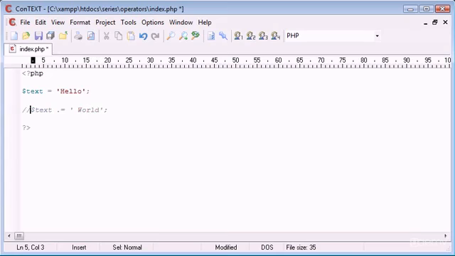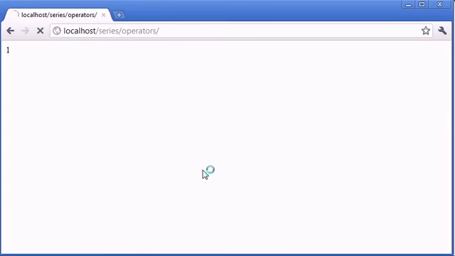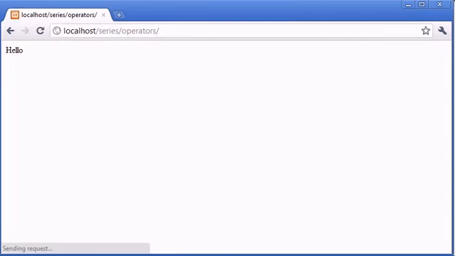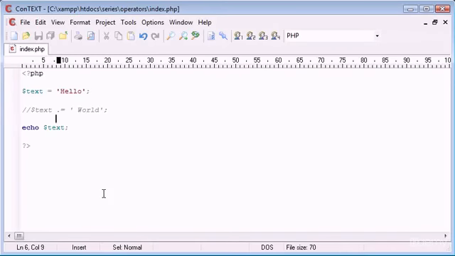So let's just comment this line out. As it stands, we refresh the page. Remember to echo out the text down here. We refresh the page and we get the text hello. Now if we bring this back into play just by taking out that comment there, we're saying text equals text, and then we're concatenating this on. So it's the same as saying